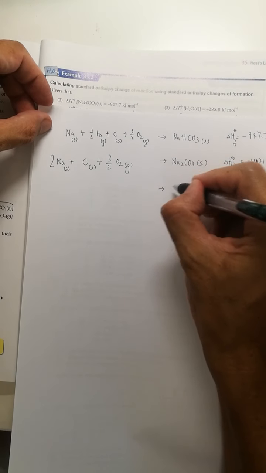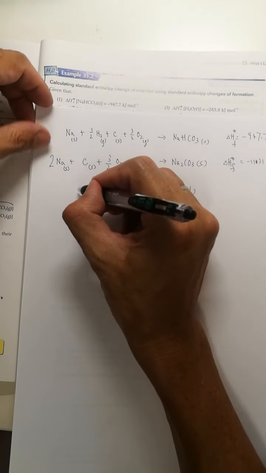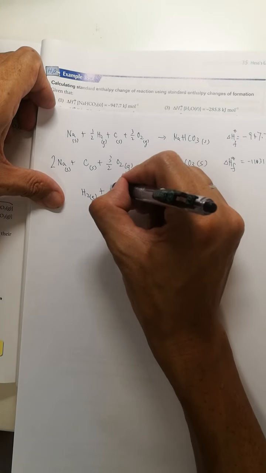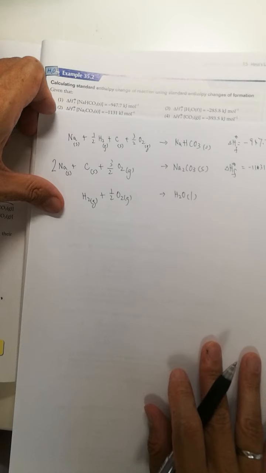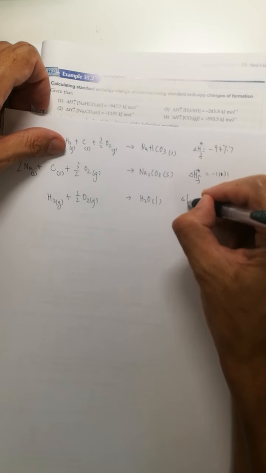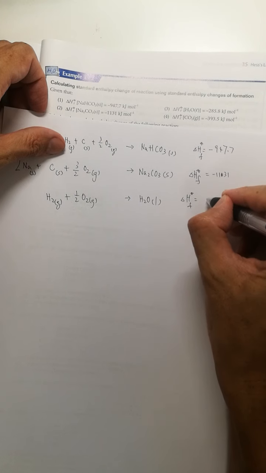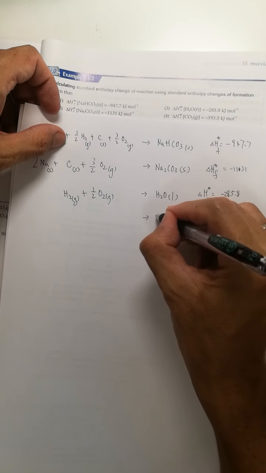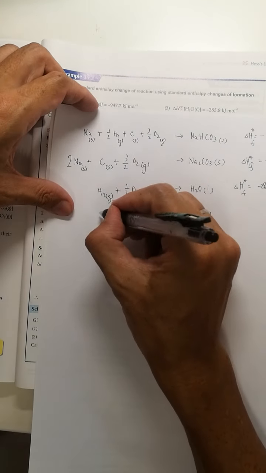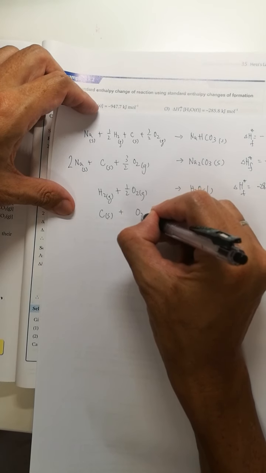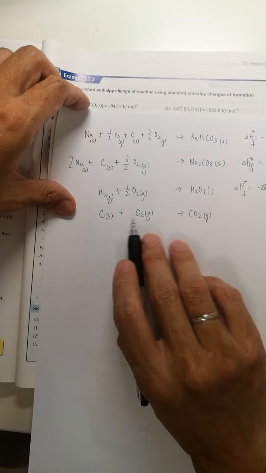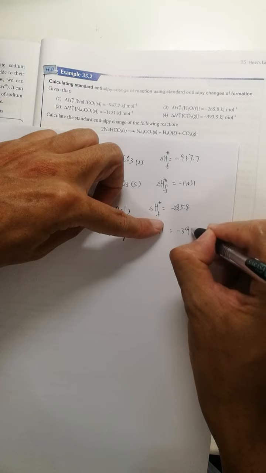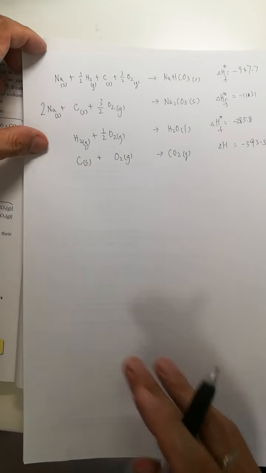Water is 1 mole of water formed from elements hydrogen and oxygen, and half an oxygen is required. Lastly, it is carbon dioxide. Carbon dioxide is formed from elements graphite and oxygen. 1 CO2 requires 1 C and 1 O2, with delta H negative 393.5. Okay, now